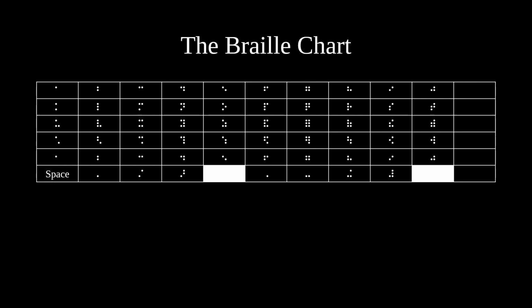Now, at long last, we arrive at the rightmost column. All the cells in this column use only the dots on the right. The column has 3 first-letter group sign prefixes, 2 last-letter group sign prefixes, and finally, the currency prefix. That's it. Here are all 64 cells in the Braille system.